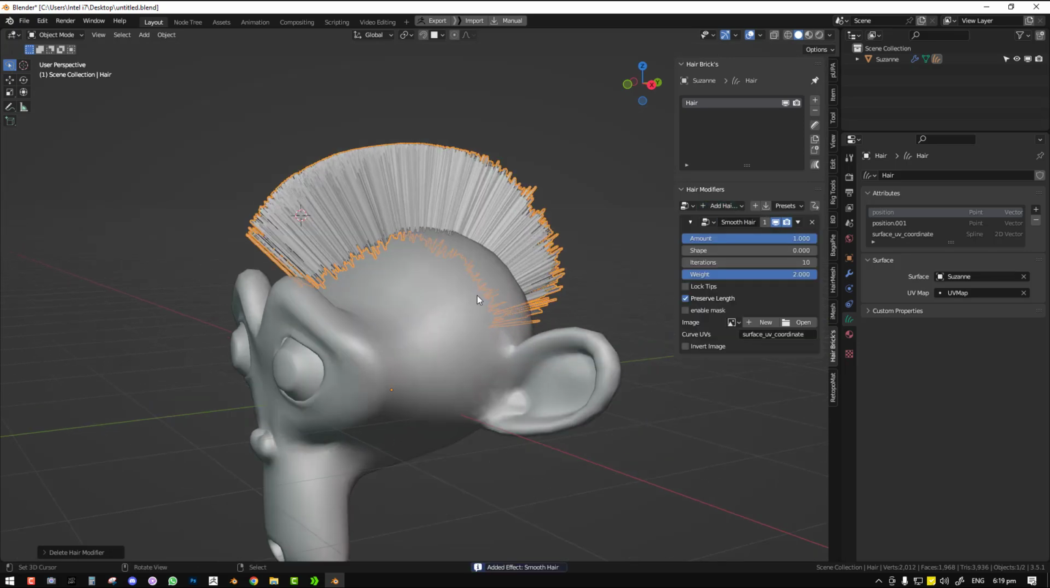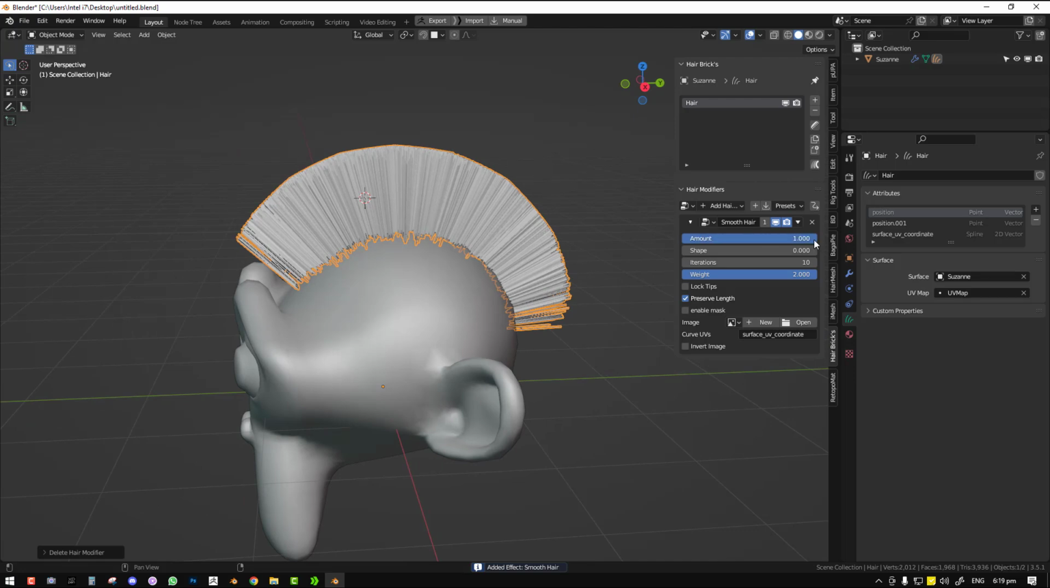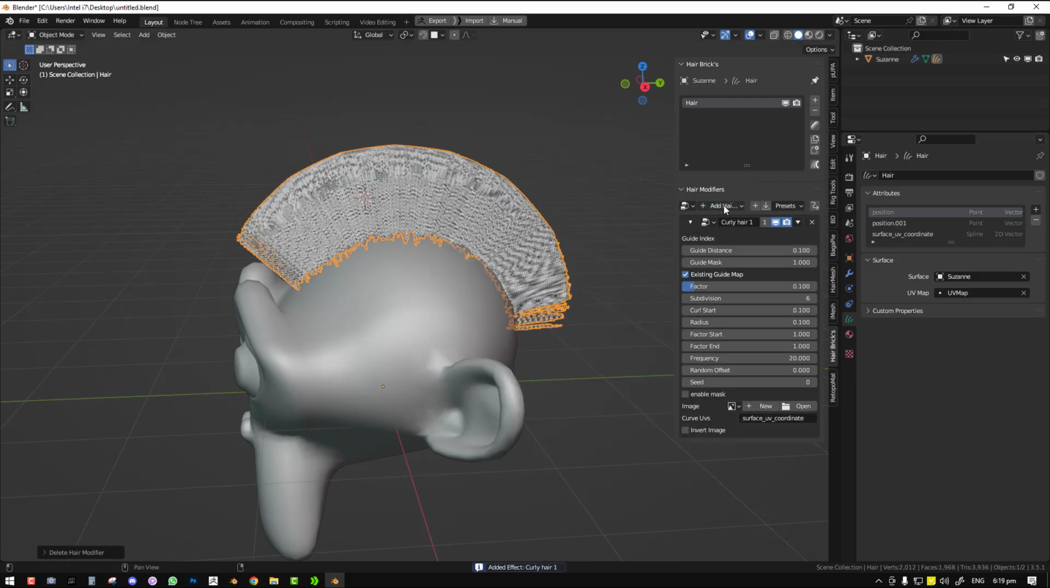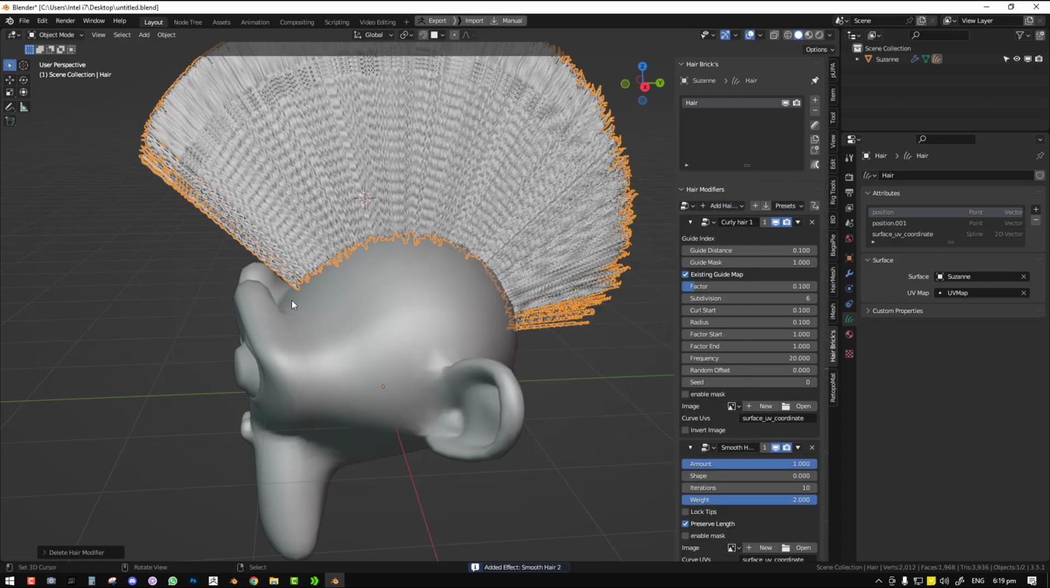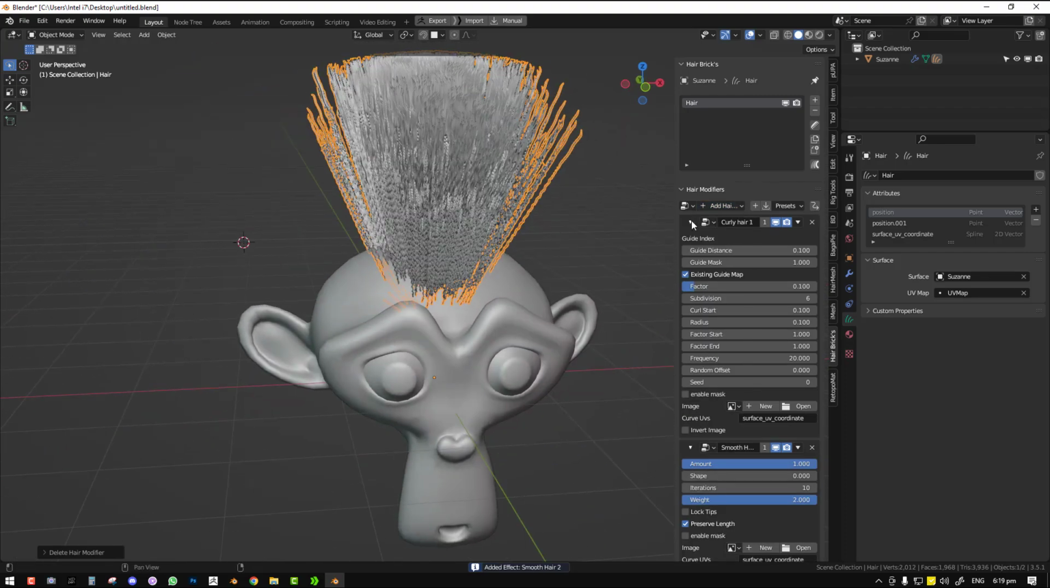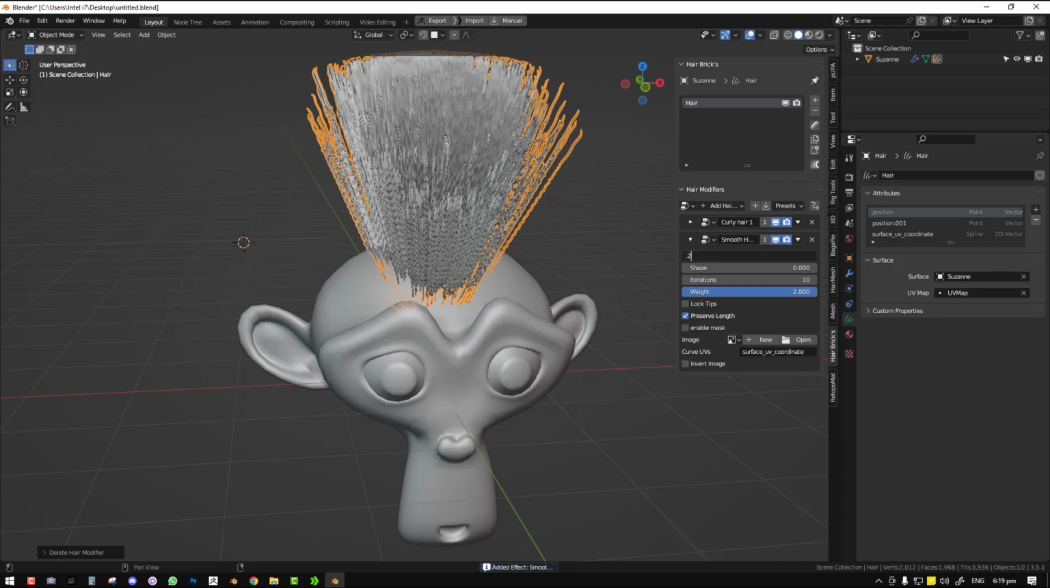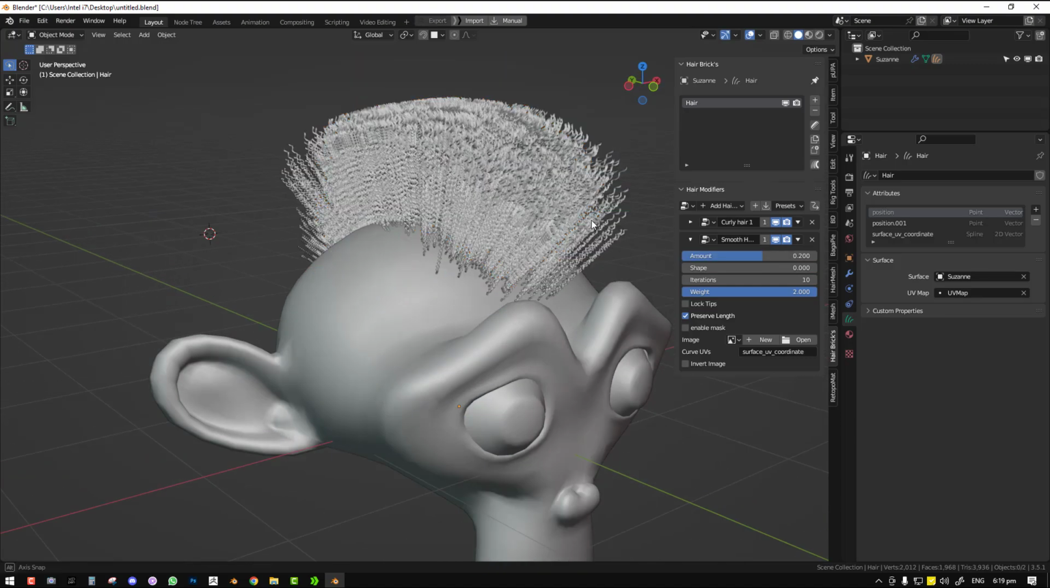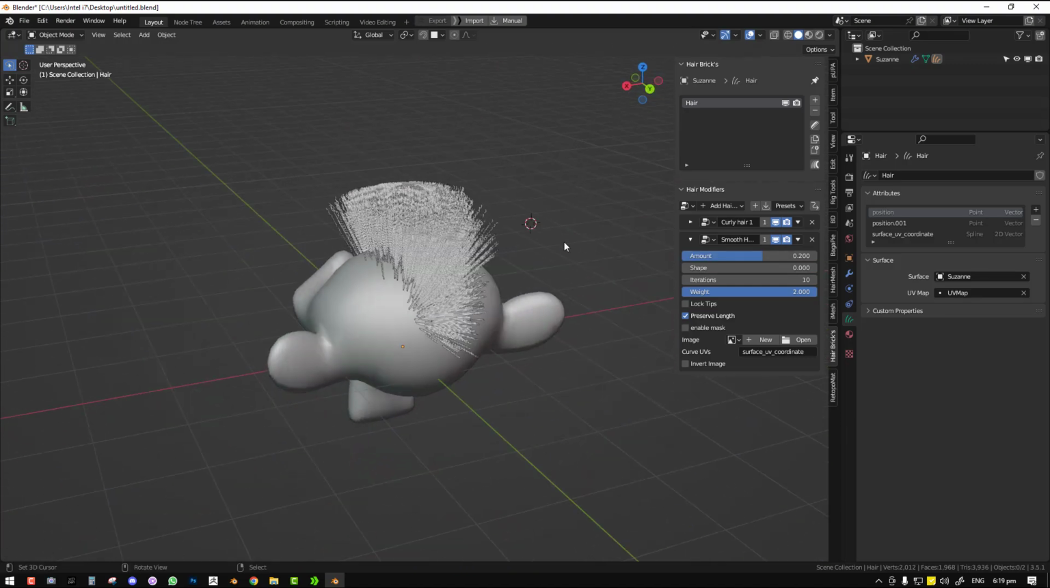Smooth hair, it's basically going to smooth out any effect if you have applied on it. So if we have a coily hair and we apply the smooth hair, it's going to try to smooth the hair basically. So kind of take it back to a very